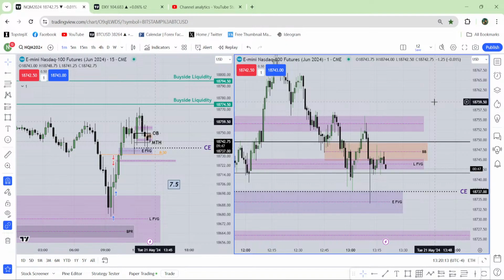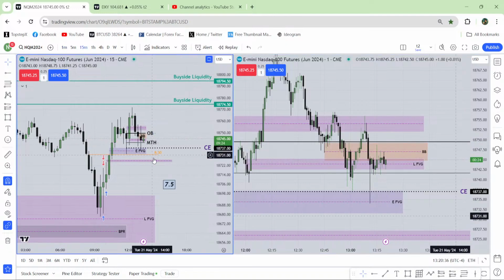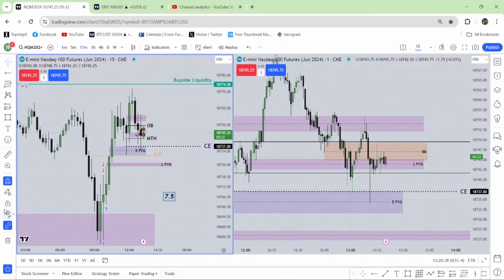After the news there will be some volatility and it will be easier to take an entry. If you are not greedy, you can easily take a lot of profit, like 30 to 40 handles, and get out of the market. It's all up to you. The way you actually trade is up to you. Over here I am bullish, still bullish. The explanation, the price action, I have already explained.